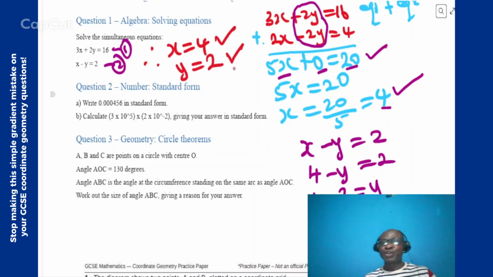The method I used is called elimination method. You can ask me questions. I understand, sir. Beautiful. In number two,